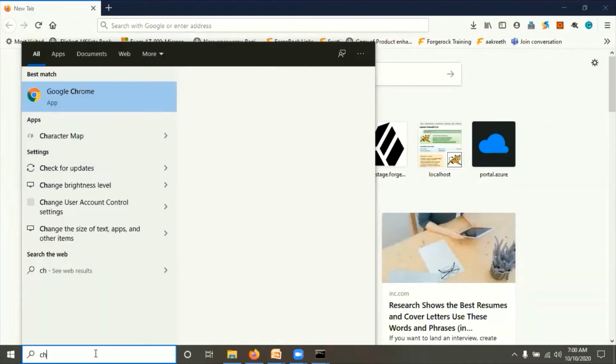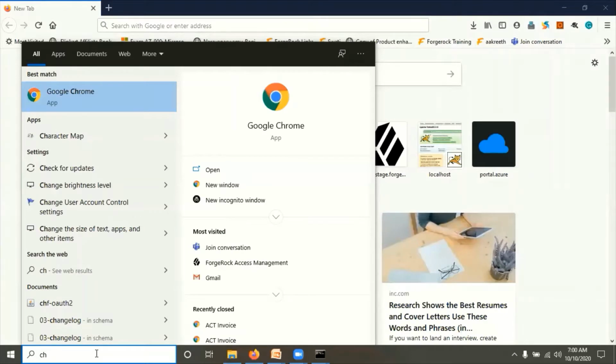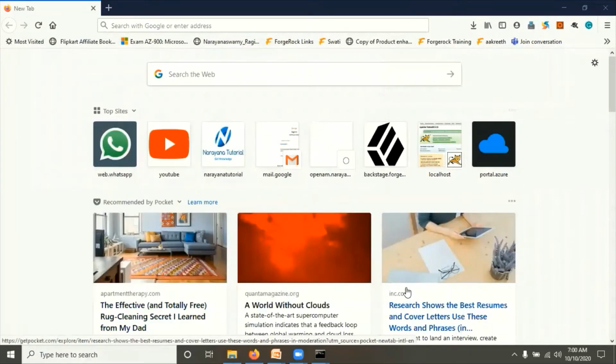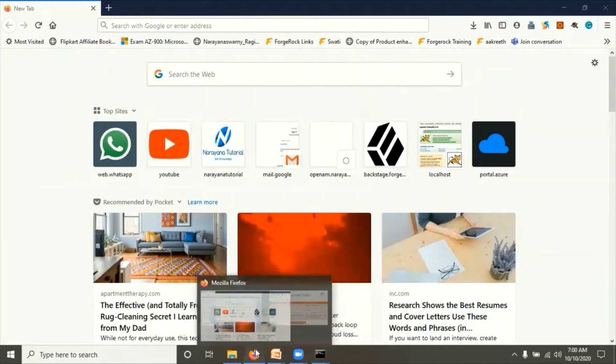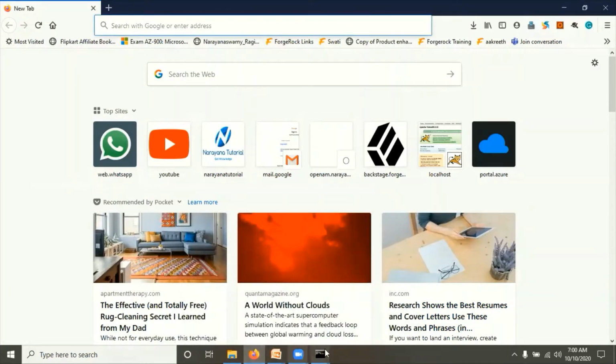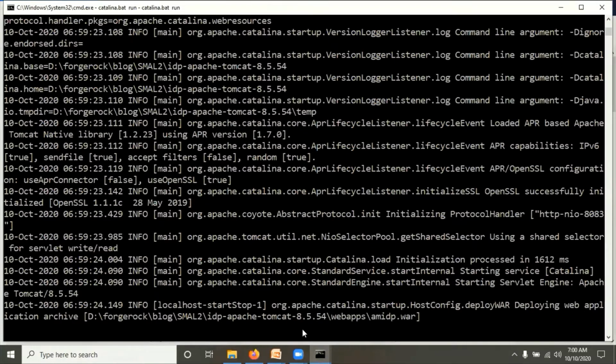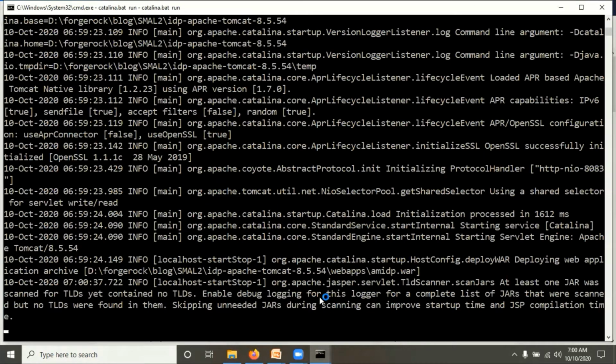Now I'm opening the Chrome browser. It may take maybe 1 to 2 minutes to start the application, because it depends on your system performance.